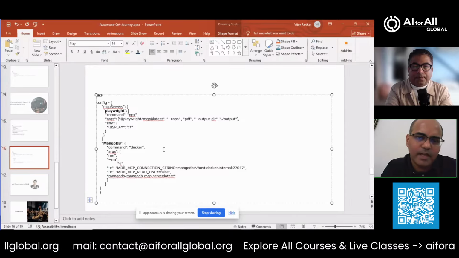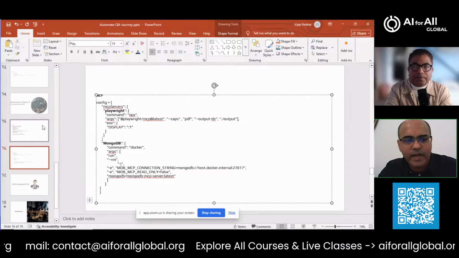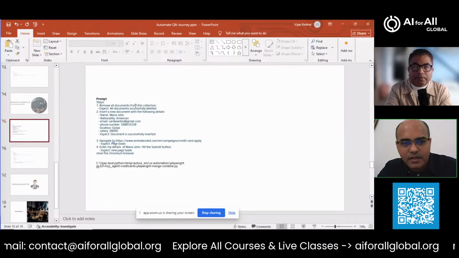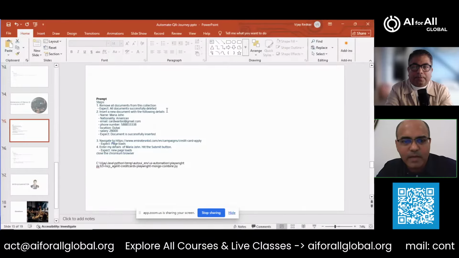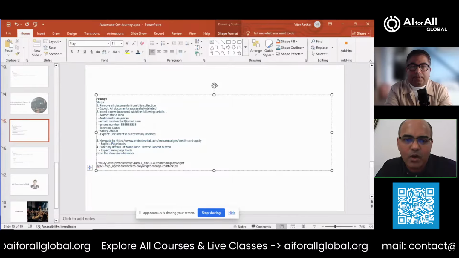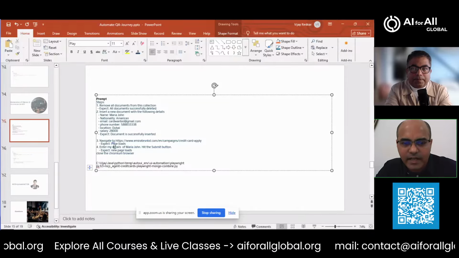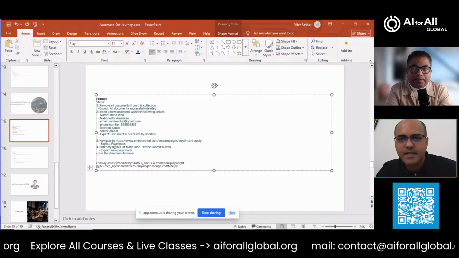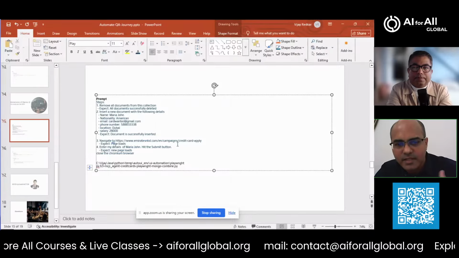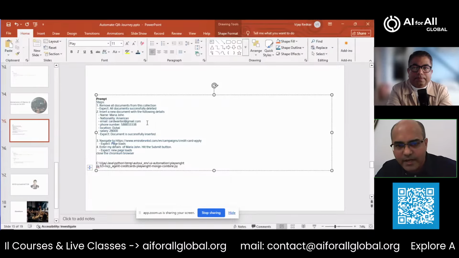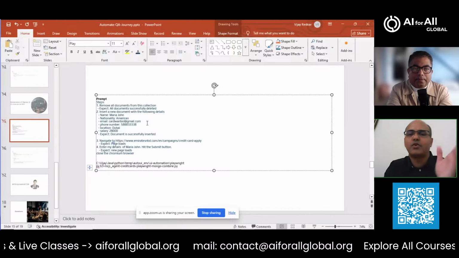You can combine these MCP servers together. You can combine the one for Playwright, you can combine the one for MongoDB, and then you can tell it to interact with the MongoDB also. In this case, I'm saying insert a particular record with a person named Maria John, and all the details of her. And at a later point, I'm saying now you open up this portal, and you can enter the details of Maria John. So what this orchestration is going to do is, first it is going to enter the details, and then it's going to connect back to the database, pull out the details from the database, and then put it out on the screen there.